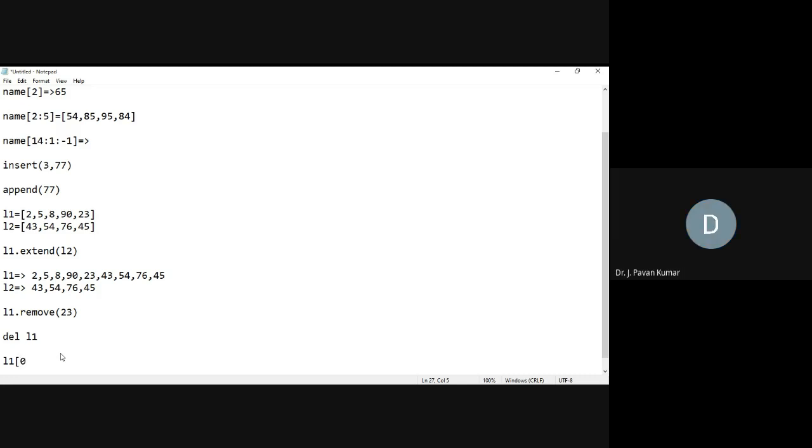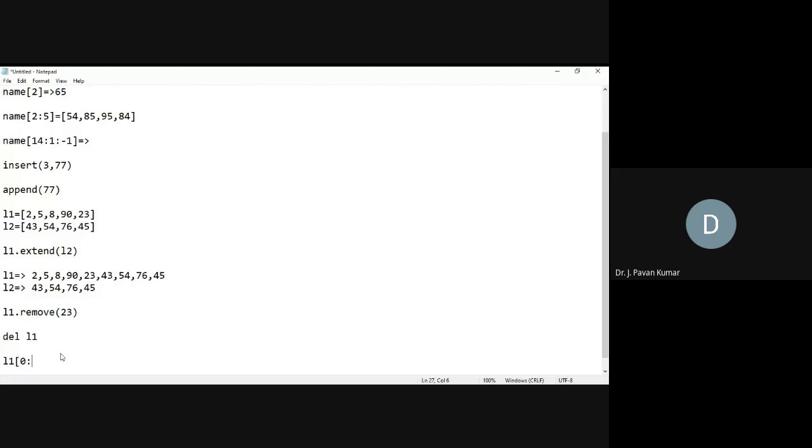Entire list we wanted to display, that is our intention. So L1 of 0 to 10, in our example 10. Why? Because we know how many elements we are having in list 1. We could count because those are all visible. But in general, how could we do it?